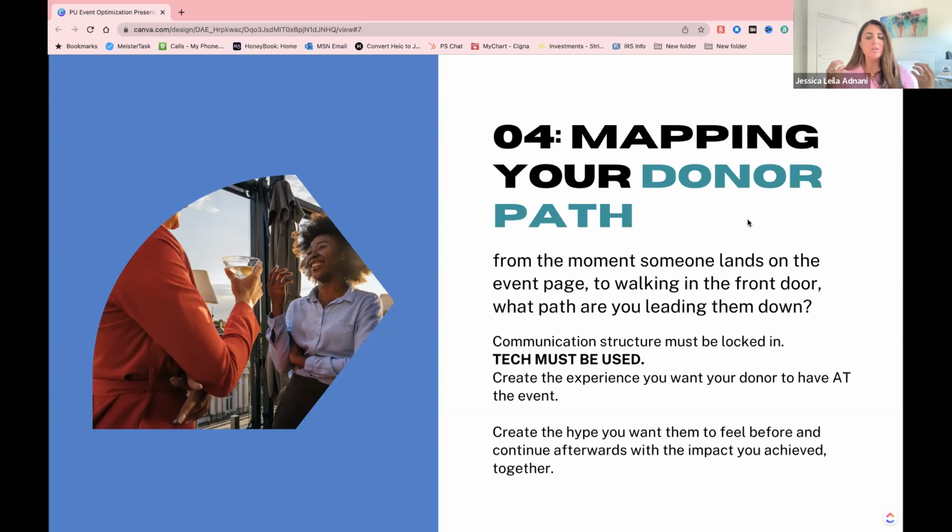You also need to be able to know you're creating hype. What do you want your donors to feel before they show up? It's really a full scale thought process. And then afterwards, you need to be able to communicate exactly what you all were able to achieve together. And we're going to get down into that in point 5, which is